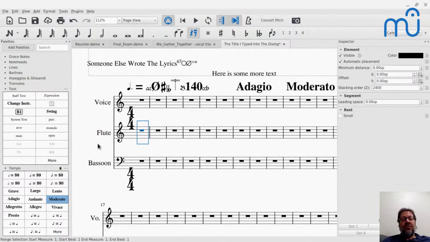But if you're dealing with an orchestral score, the voices might show up in the middle. So it all kind of varies depending on the type of score. And that is also where 3.6 will be smart about that also. It'll try to know what kind of score you're creating based on the template you started from or based on other things. So yeah, there's a lot of really cool stuff happening with that.